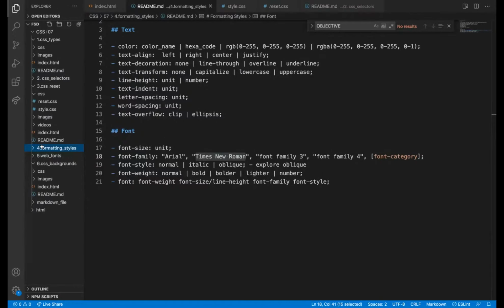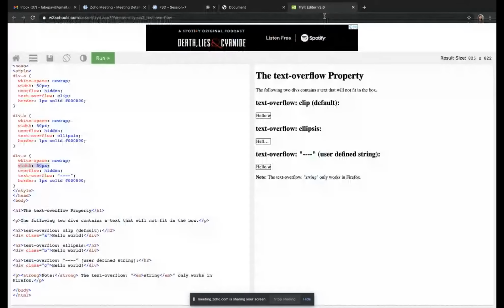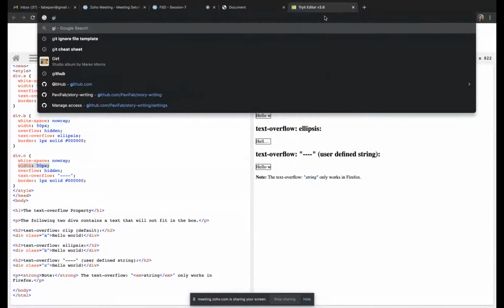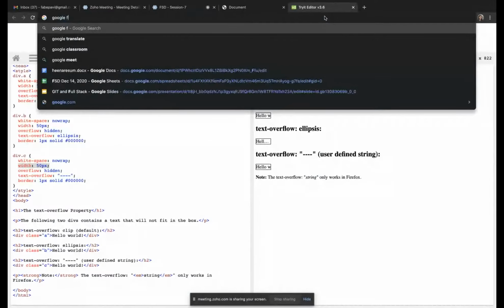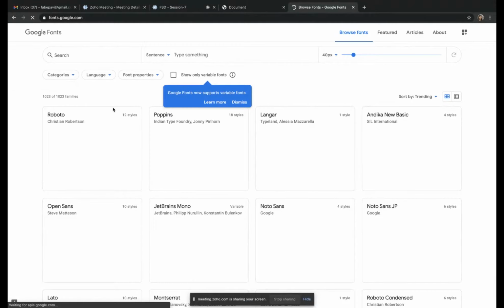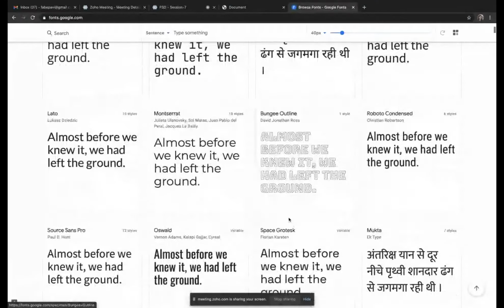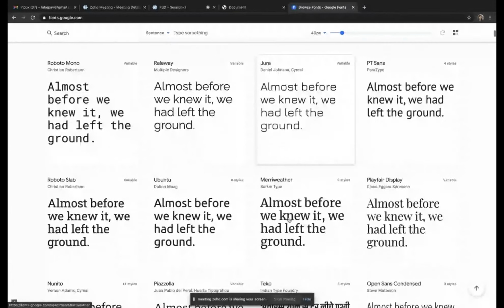What is web fonts? On the web itself there are some fonts available. Search Google Fonts, fonts.google.com. It has lots of fonts available on the internet, so we can embed them in our file. Choose a kind of font; there is a difference we can see.